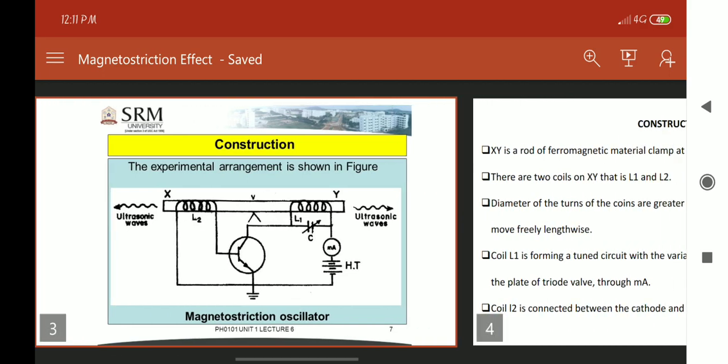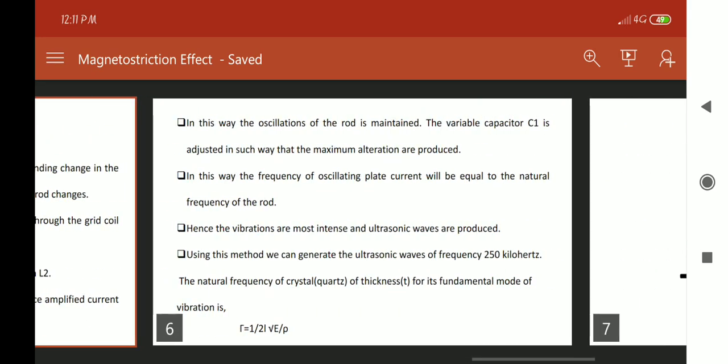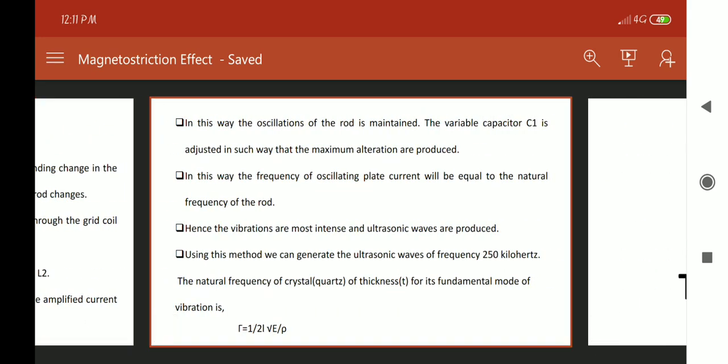The natural frequency of the quartz crystal having length L, for its fundamental mode of vibration, we can calculate by using the formula ν = (1/2L)√(E/ρ), where E represents the Young's modulus of the quartz crystal, which is equal to 7.72 × 10^11 per centimeter square, and ρ indicates the density of the quartz crystal, which is equal to 2.65 gram per centimeter cube.